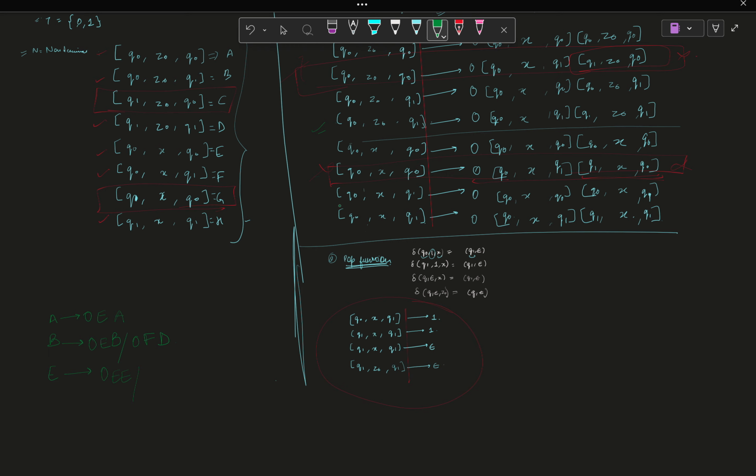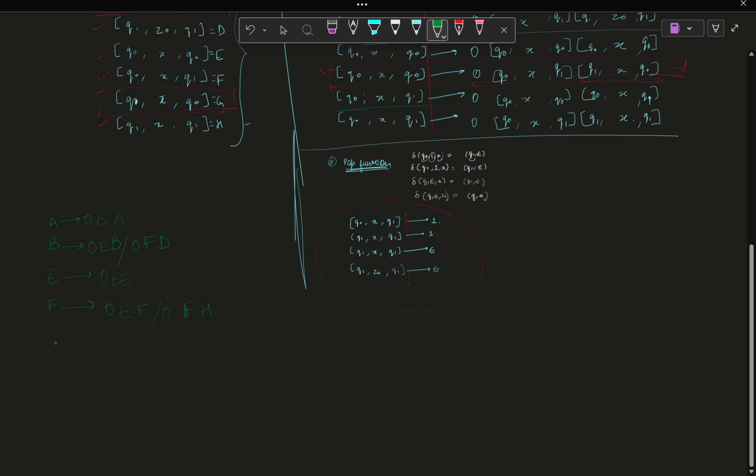And this is useless. And now let's move on to this, which is Q naught X Q1, which is F, goes to 0 Q naught X Q naught, which is E, and Q naught X Q1, which is F. There's also 0 Q naught X Q1, which is F, and Q1 X Q1, which is H. And our rest of the production rules are